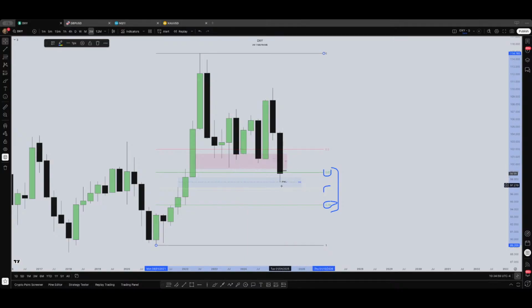It doesn't mean that you have to wait for price to come here to enter. It's just an area you are interested in and keep your eyes on. Sometimes price doesn't reach here, it just reaches this area and leaves. But a lot of times you can expect price to reach this area. And inside this area, the nice thing is that we also have an imbalance. So you're also playing with